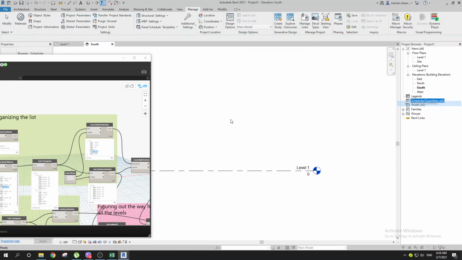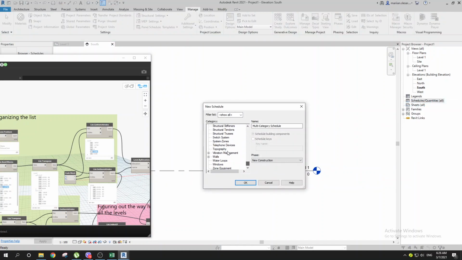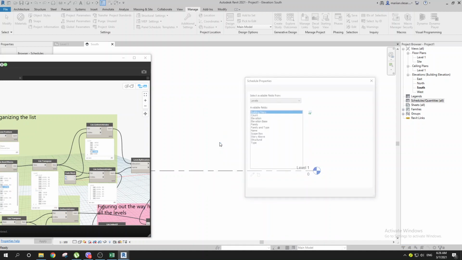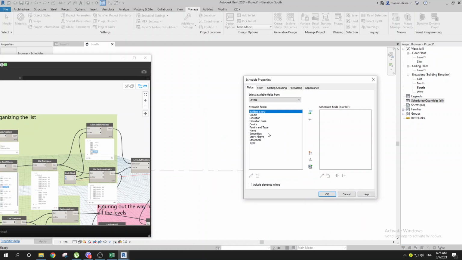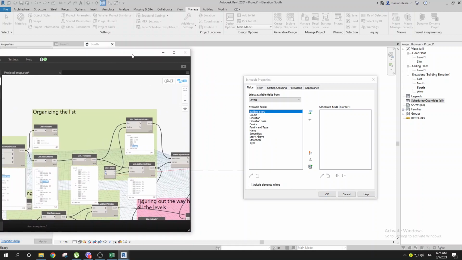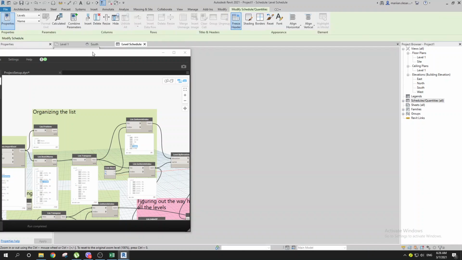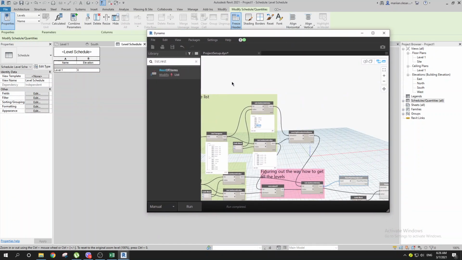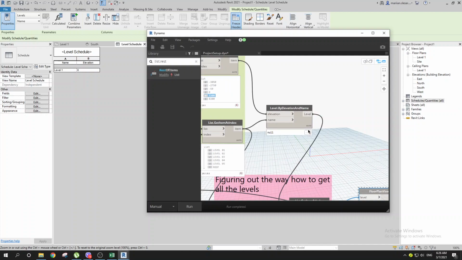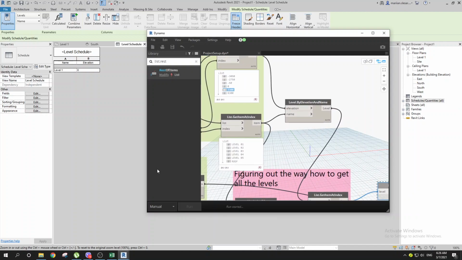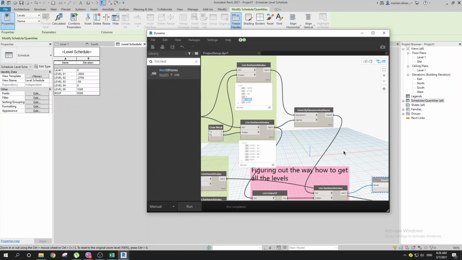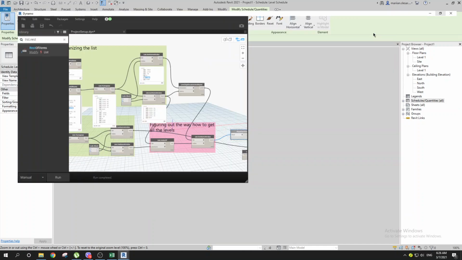You can even create a quick schedule, so you can see that go with levels, for example. Let me find this levels and go with what I want to have. I want to have the name and the elevation. You can do something like this. Yeah, and now if I click run, we should have all of these levels. If you click run, you can see all of your levels. You have created this. And now when it comes to floors,